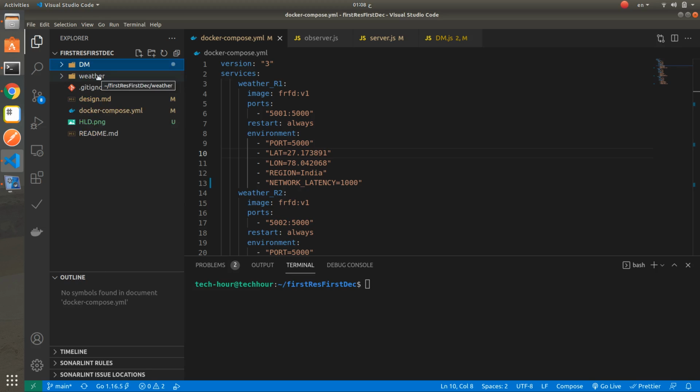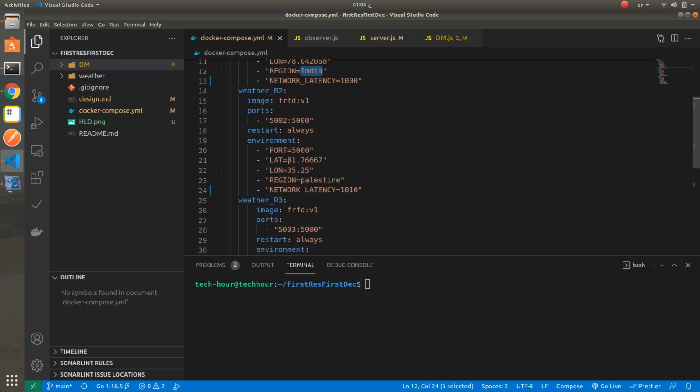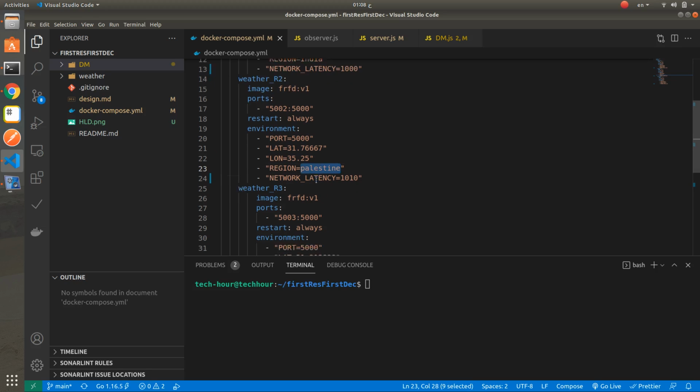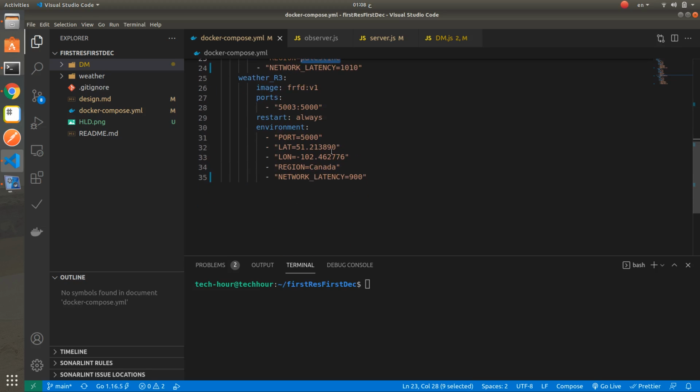I have created a Docker image, and this service is replicated and scaled up into three services. The first service is deployed on the server in India. The second, on port 5002, is deployed on the server in Palestine, and the third service, on port 5003, is in Canada.